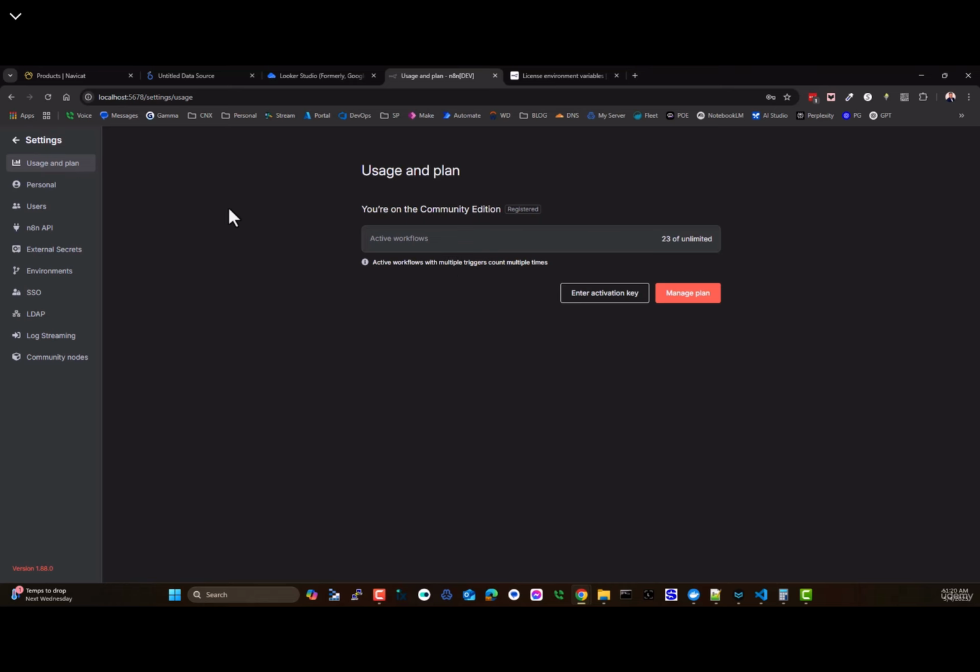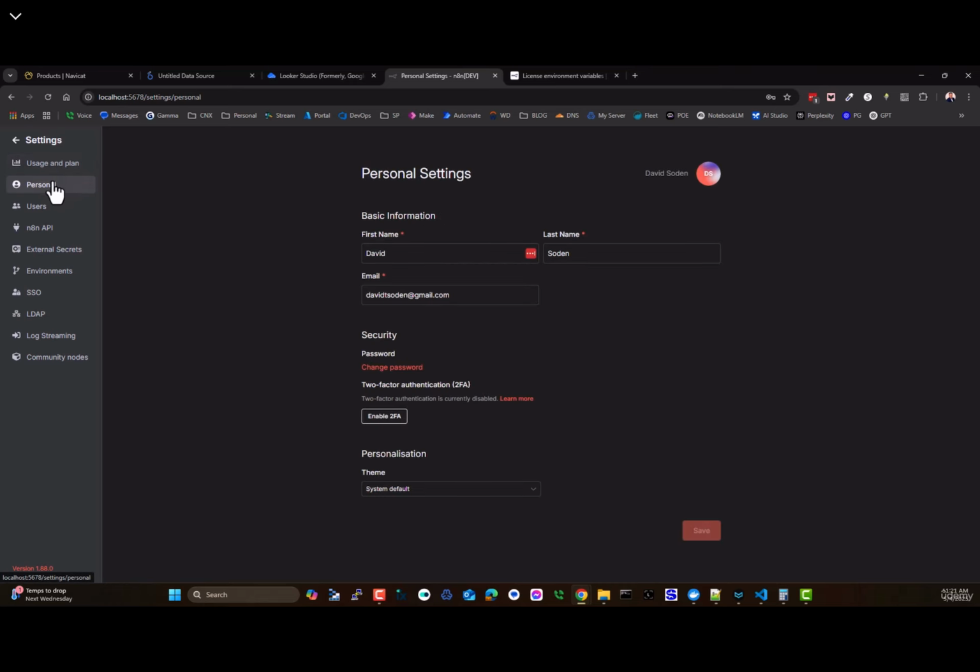Okay, so that being said, let's click on Personal, because this is where you will change your profile. There is no avatar changing or anything like that. You can enable 2FA. There's a couple different methods that you can use here. You can click Learn More. This is where you can set whether it's going to be the light theme, the dark theme, or